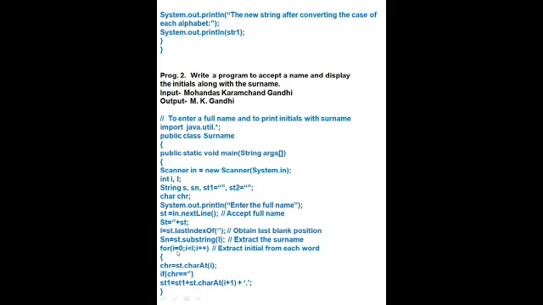Now for, I starts from 0 and I till L, I plus plus. Extract the initial from each word. Suppose we take Mohandas, M; we take Karamchand, K; we take Gandhi, which we have stored in SN, so this will complete, because this is the surname and we have taken it here. Extract the surname. We have taken till L, we have taken Gandhi here and stored it here, so we extract from each word.